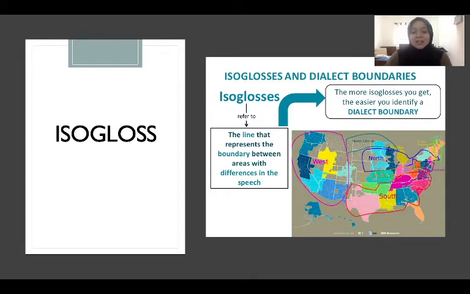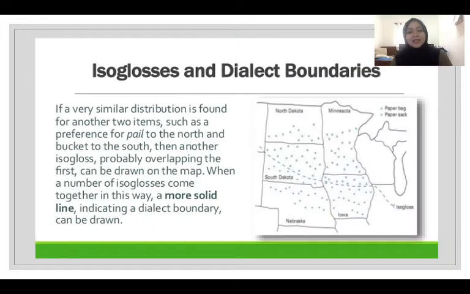Let's take another example of what is isogloss and dialect boundaries. North Dakota, Minnesota, you see the dots here. South Dakota, Nebraska, and Iowa. You see the line there. Can you see the line? So there's a line there. This line separates these two